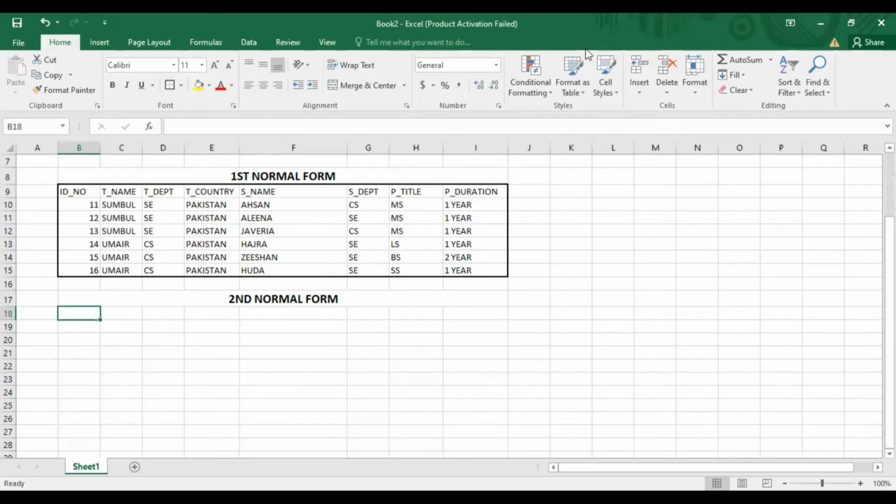I have put a heading of second normal form, so let's continue now.